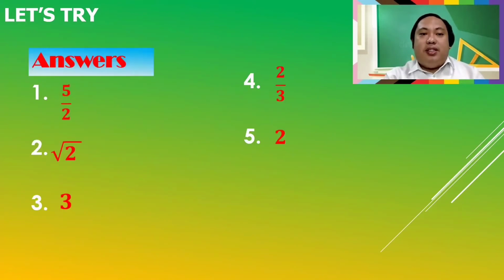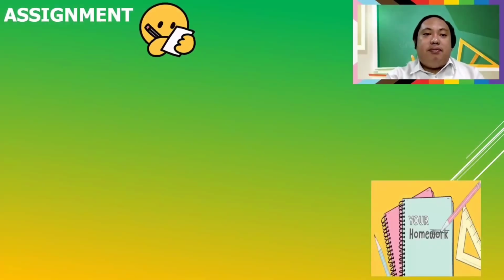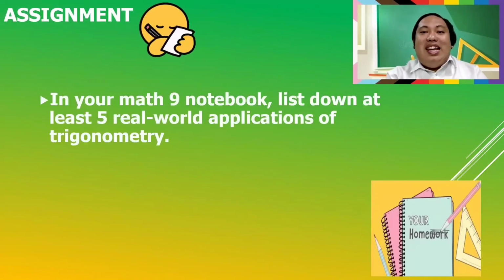And we have the answers. Number 1, 5 over 2. Number 2, we have square root of 2. Number 3, 3. Number 4, 2 over 3. Number 5, 2. For your assignment class, in your Math 9 notebook, list down at least 5 real-world applications of